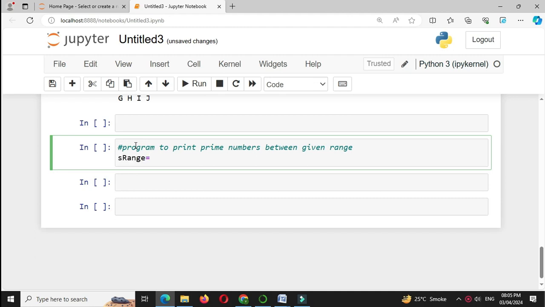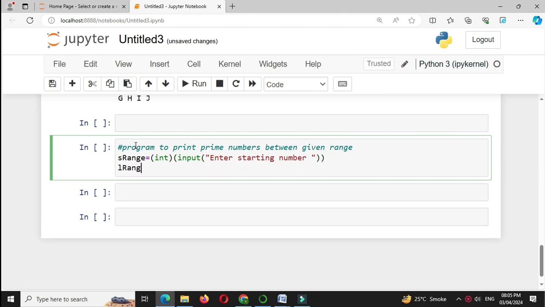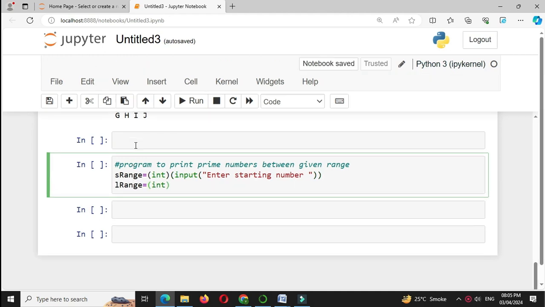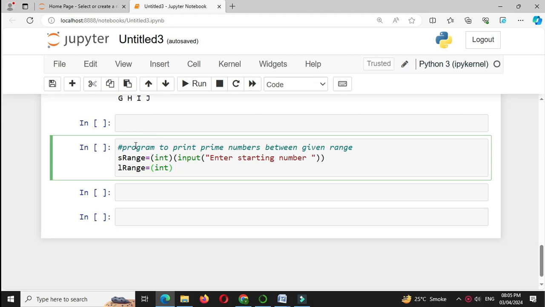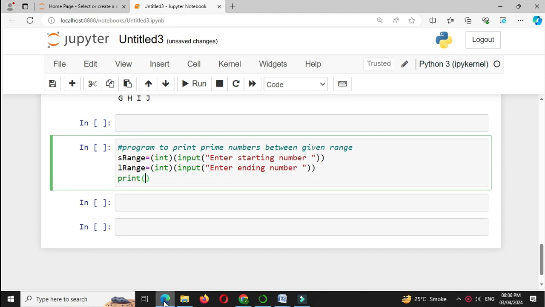So S range equal to int input, enter starting number, and in L range we will accept the ending number. So L range equal to int input, enter ending number. First we will print prime numbers between the given range, so print with formatting output we will write